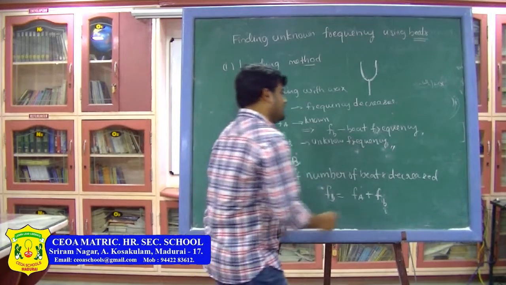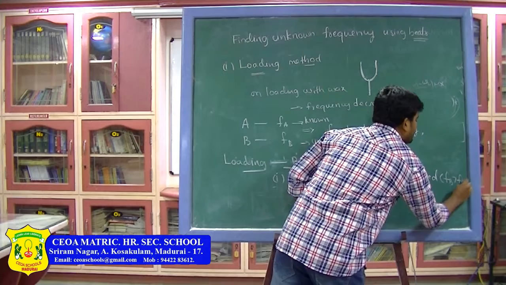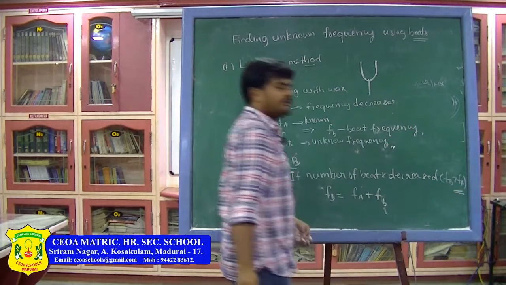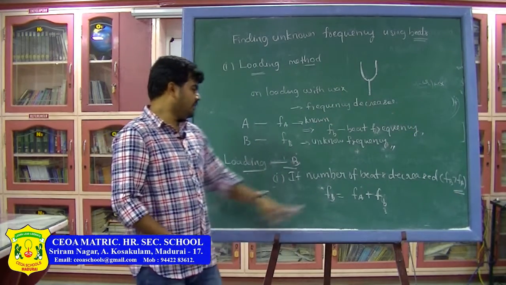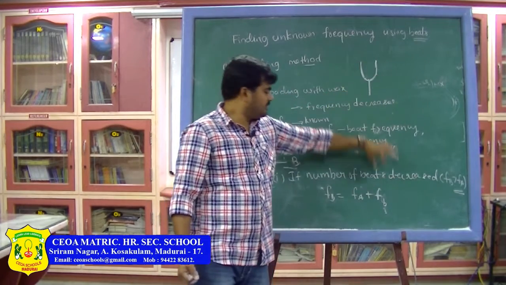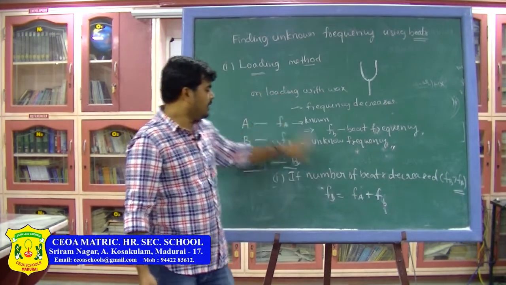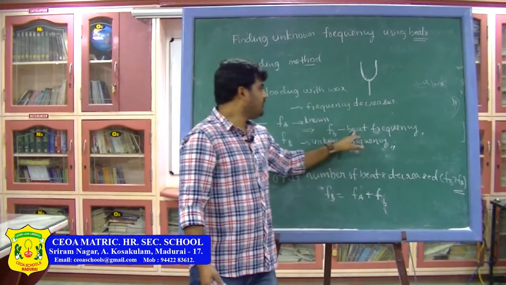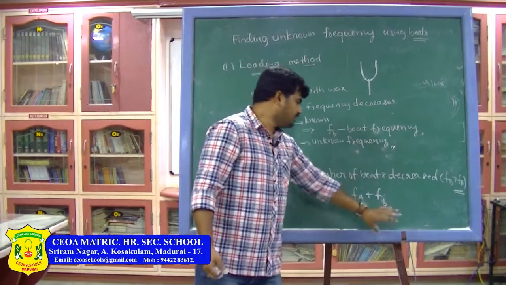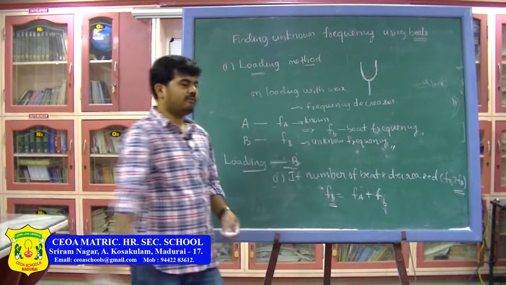That means here clearly tuning fork B is having more frequency than tuning fork A, that is the condition. So, I can take FB is equal to FA plus initial number of beats Fb. So, that is FA is first tuning fork frequency and small Fb is initial number of beats. So, directly I can use this formula to find the value of unknown frequency, that is first case.